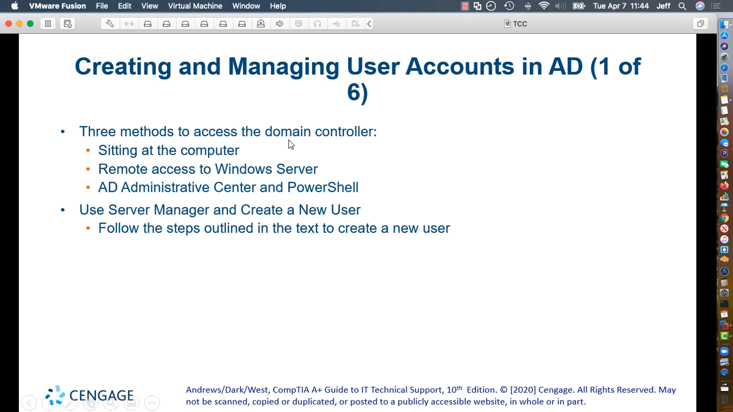So, right, 3 methods to access a domain controller, which basically houses the Active Directory, and it makes all the updates, and it's the controller for the domain. It controls what can and can't happen on the domain. You can actually sit at the server or the computer, just like you would any other computer, and access it that way. You can remote access to the server using RDP, Remote Desktop Protocol,